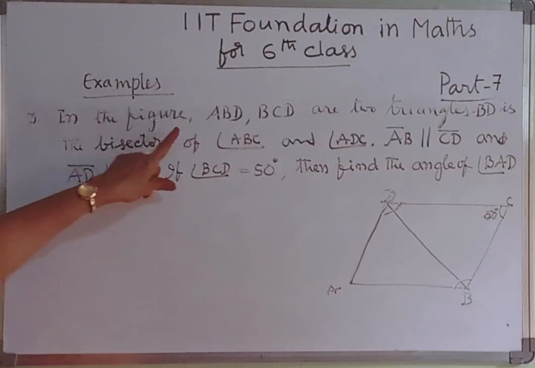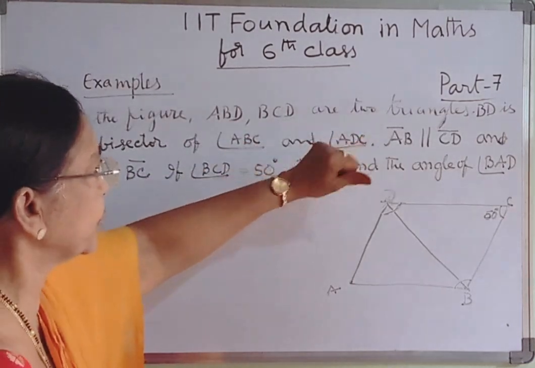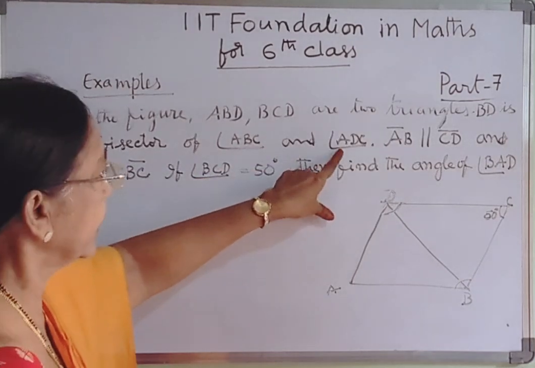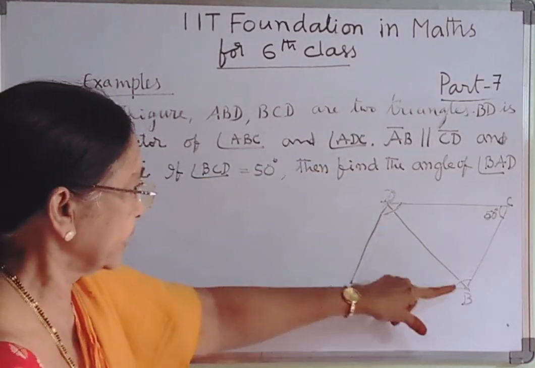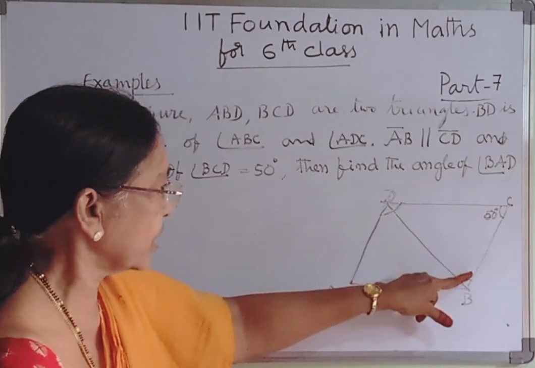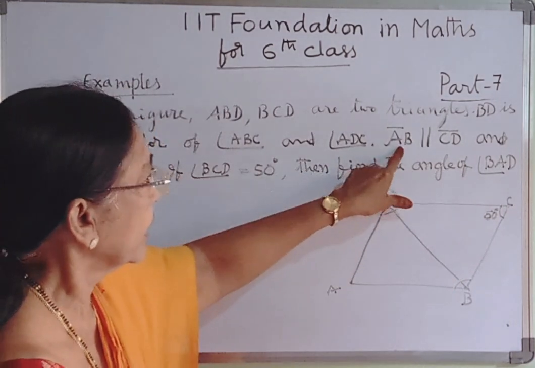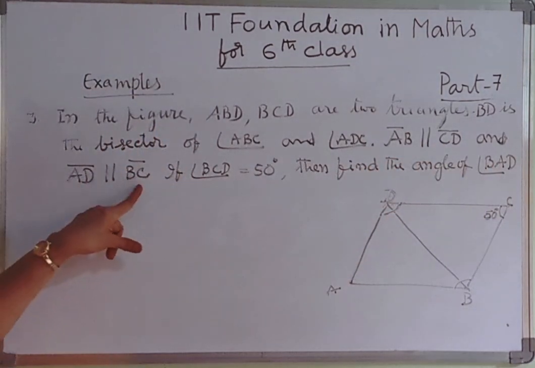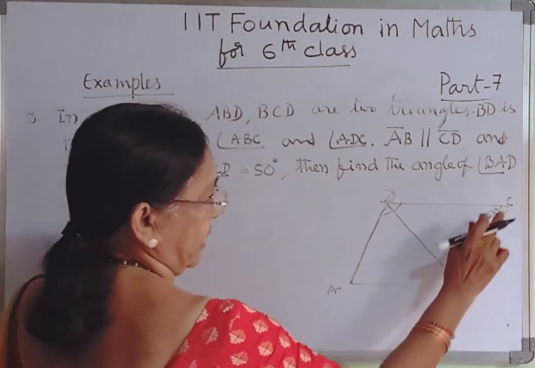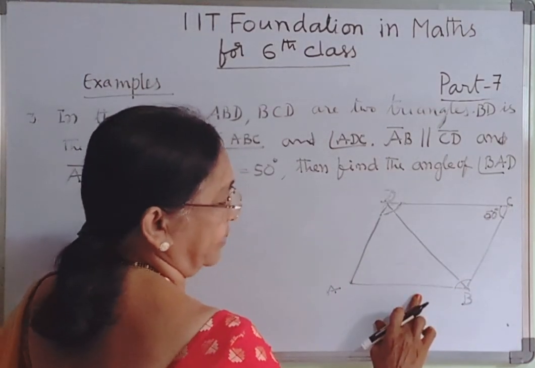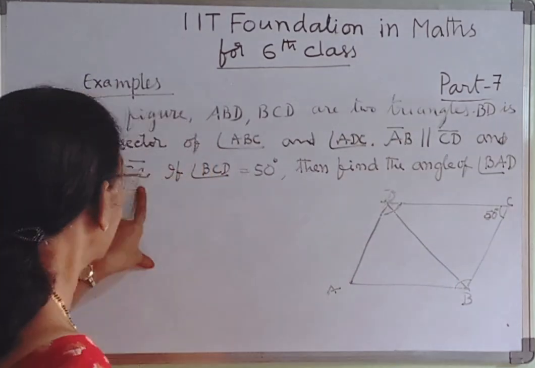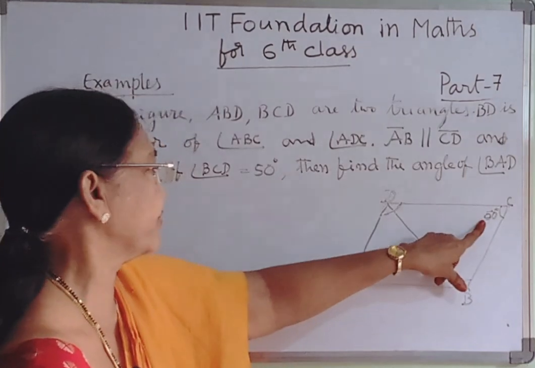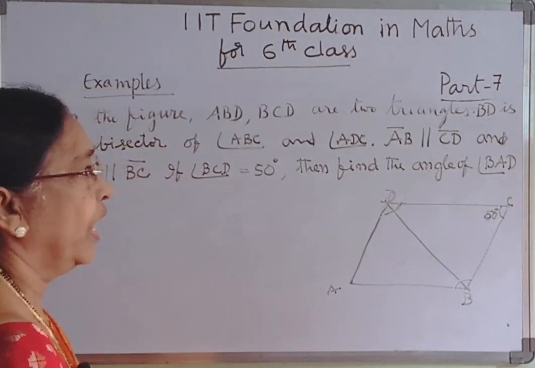Next, third problem. In the figure, ABD and BCD are two triangles. BD is the bisector of angle ABC and angle ADC, this angle and also this angle. Line segment AB is parallel to line segment CD and AD is parallel to BC. So, AB is parallel to CD, that is, opposite lines are parallel to each other. CB and AD are parallel. If angle BCD is equal to 50 degrees, this angle is 50 degrees, then find angle